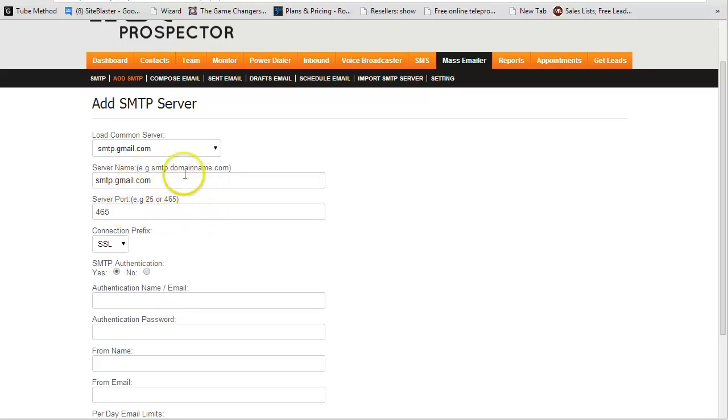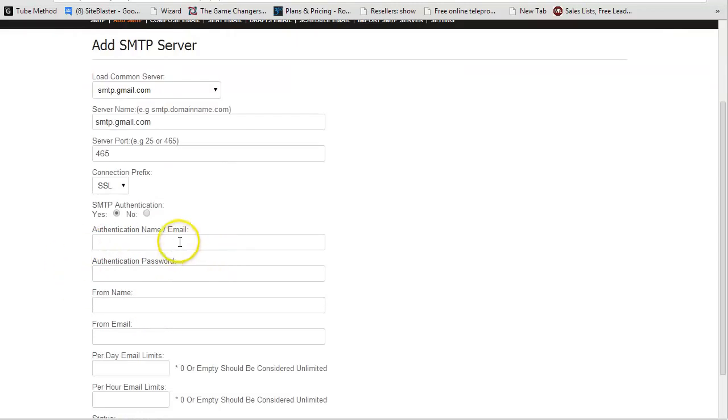So if you have a port outside that and you're having some issues, just let us know. The next thing is you choose whether your connection is an SSL or a TLS or none. Typically, I like to send from an SSL connection. Then all you have to do is type in your authentication email, your password, your from name, your from email,